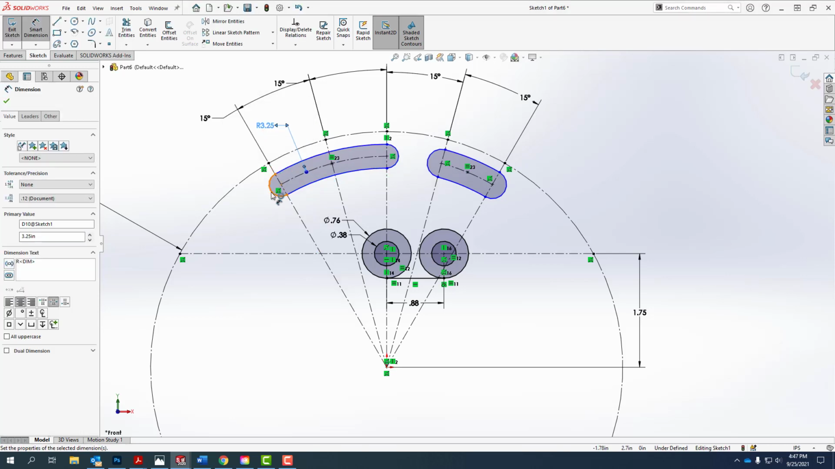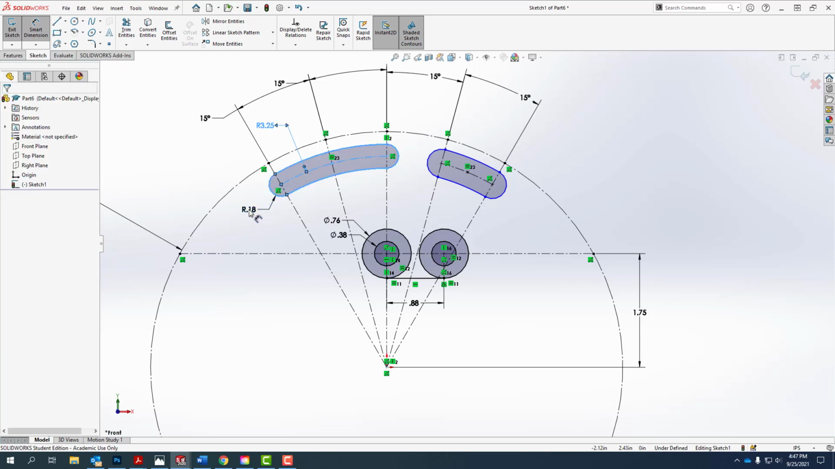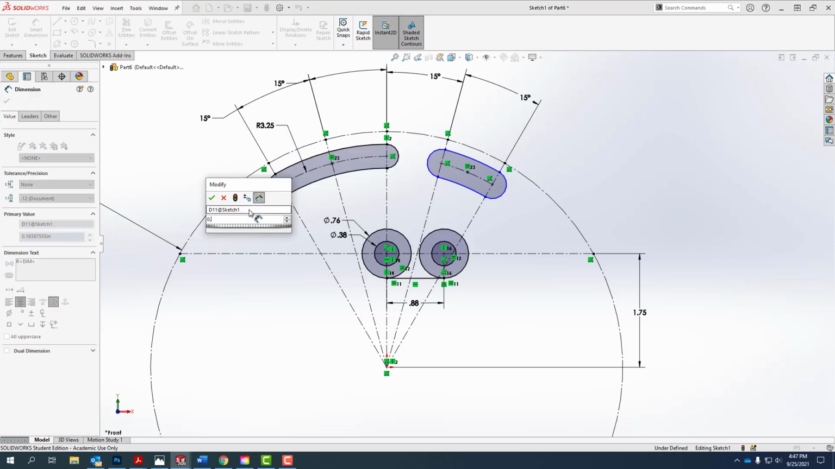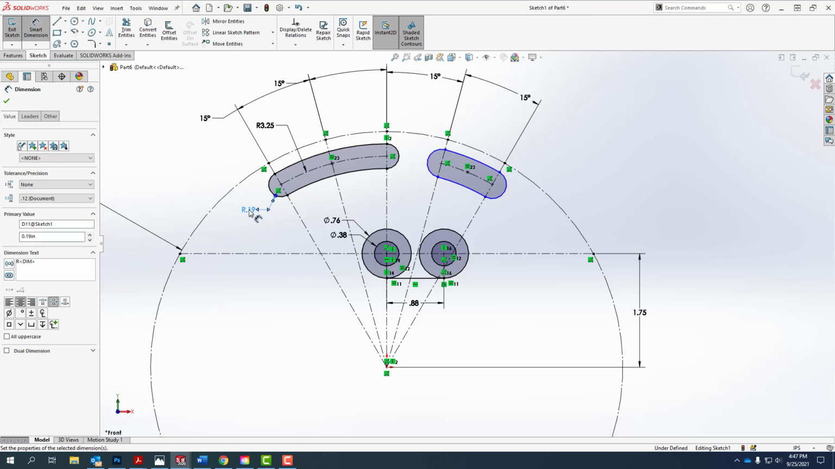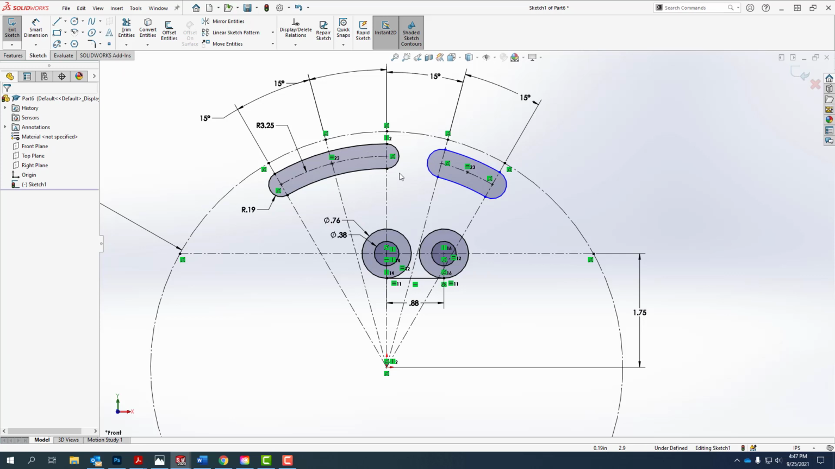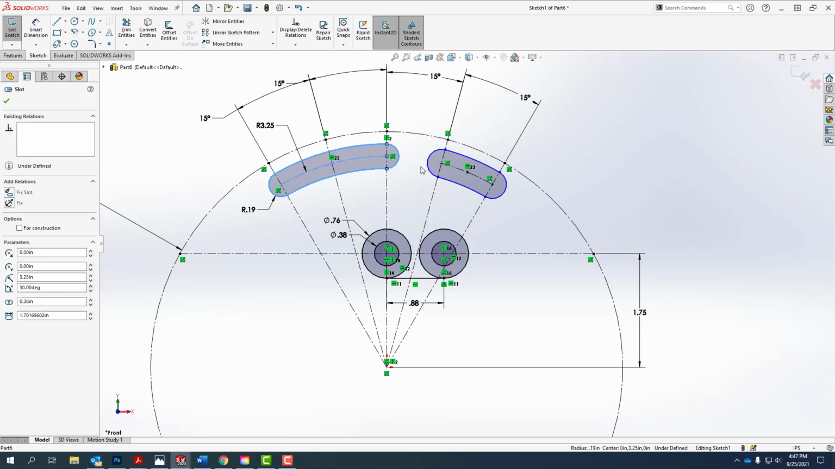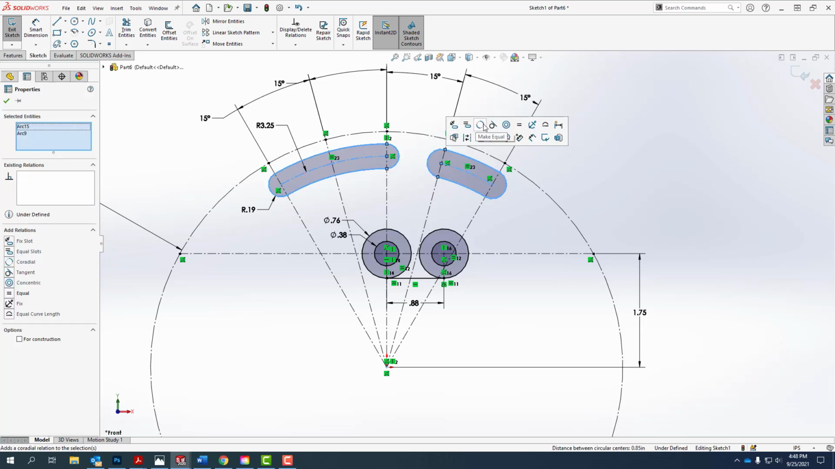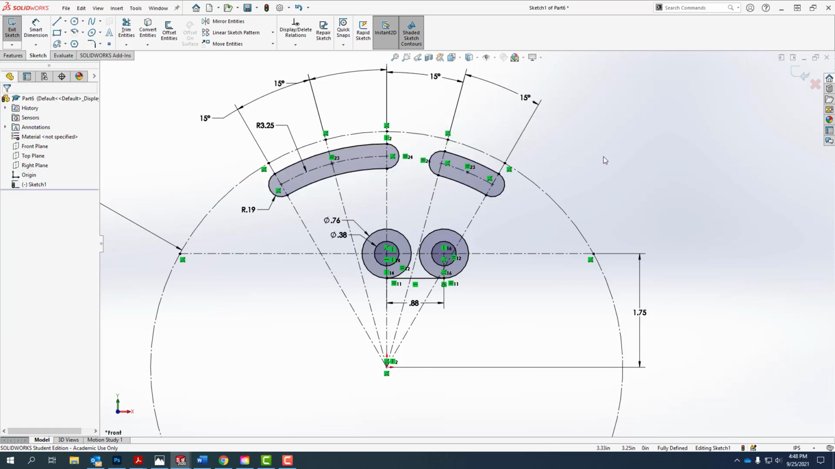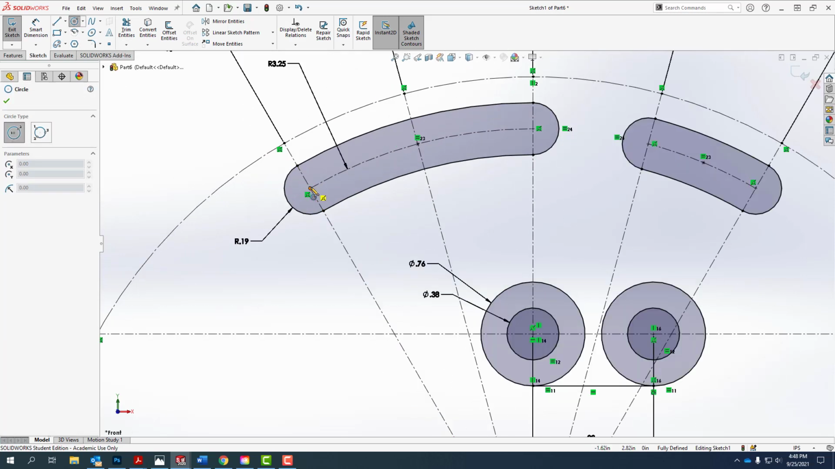and this radius is 0.19. And I can go ahead and use my select tool to select this radius and this radius, and again make them equal to each other. So as you see here, as I'm walking through this, I'm making sure that each element that I put on is fully defined. Go to my circle tool, put a circle around this one,